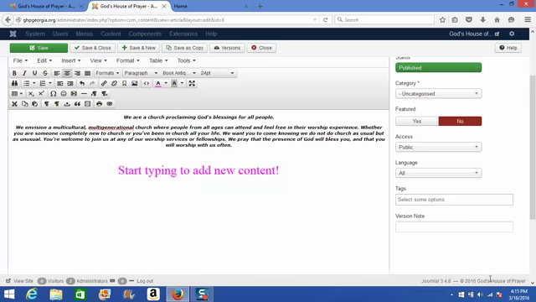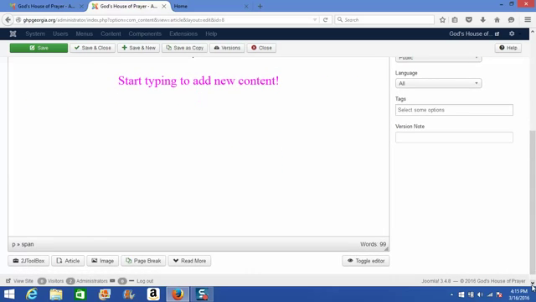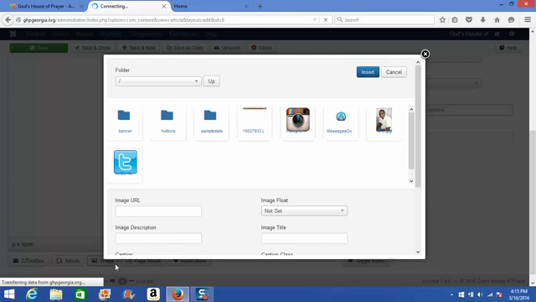If you'd like to add a photo to an article, we're going to need to scroll down to the bottom of that word processing box, where we have a row of buttons on the bottom left. And in this row of buttons, you'll find one labeled Image. To insert a photo, we need to start by clicking this Image button found below the word processing box. And once I click that Image button, it opens up this pop-up box, which is known as the directory of